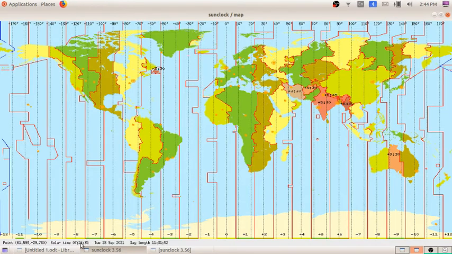What is happening? It is 7:24. That means the time is decreasing. The time is reducing. At 0 degree it is 9:24, and at 30 degrees to the left it is 7:24. That means 2 hours, the time is reducing. In the same way, when I am clicking on 60 degrees, it is 5:25. That means again 2 hours it is reducing.